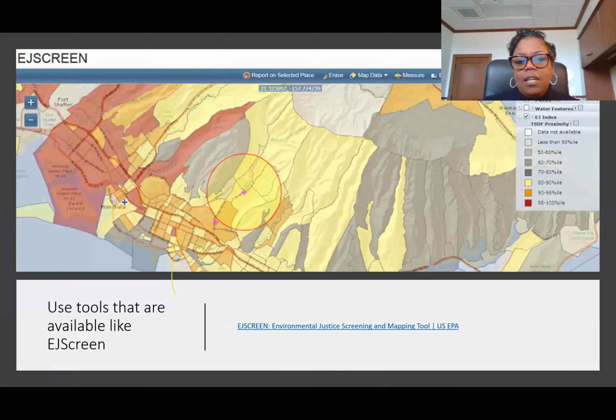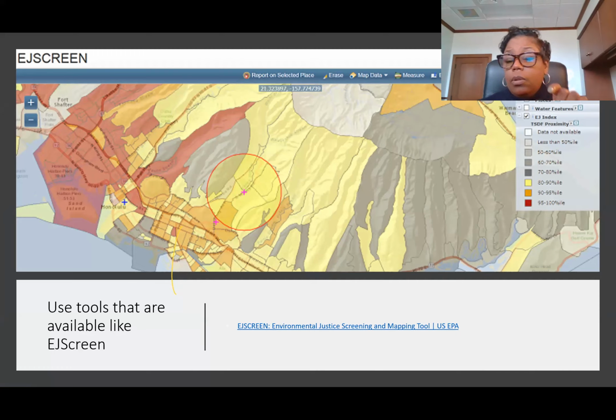This is the environmental justice screening and mapping tool that you guys are probably much more familiar with than I am, but I thought it was very interesting in that this tool includes some of the vulnerability indicators, 11 of them,